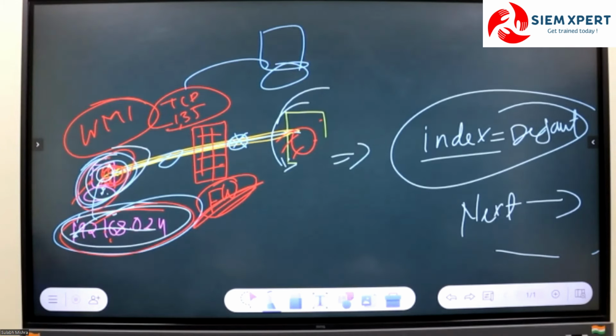written. What did I write? The device will log in on the search head and give the query: